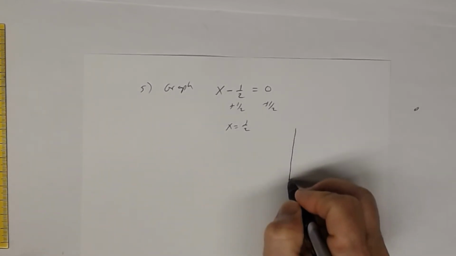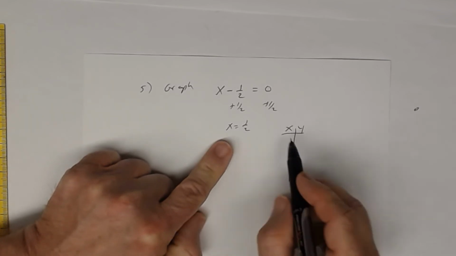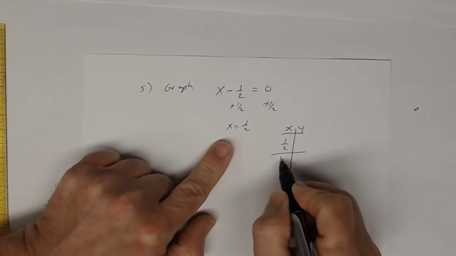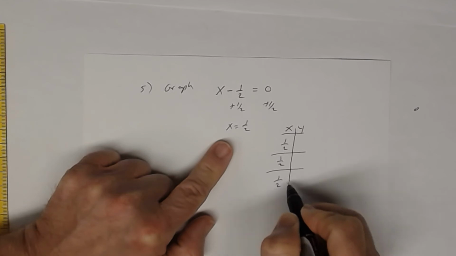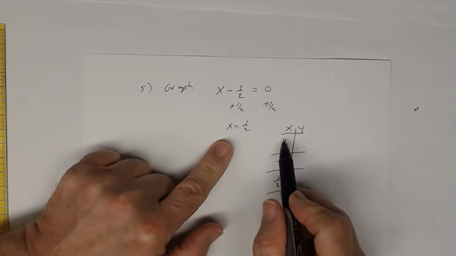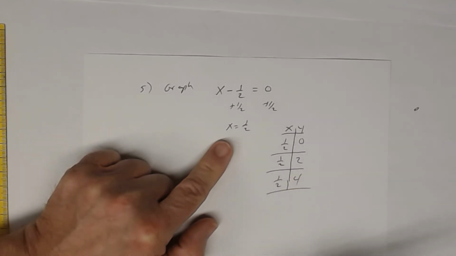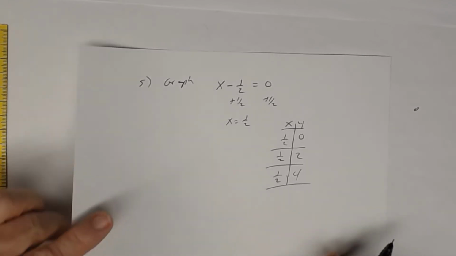So in terms of the t-table, what does that mean? Well, that means that x will always be 1/2. So in this column, we're going to have 1/2 all the way down, right? And so x equal 1/2 means that x will always equal 1/2 no matter what y is. So if I graph this,